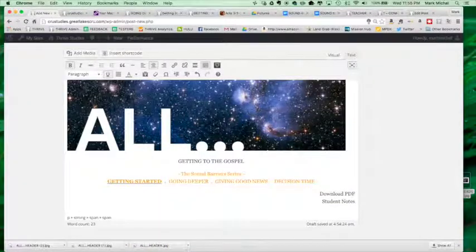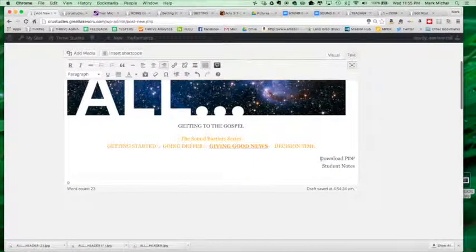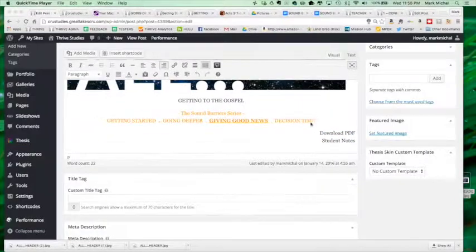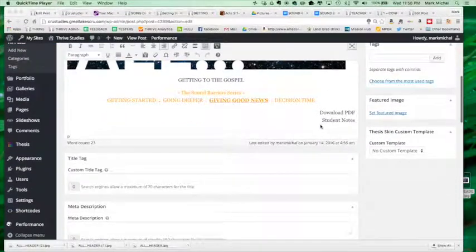So we're doing that here, and so I'll unbold this and underline it. And then since this is actually the Giving Good News study, I'll bold and underline it. And these just leave as they are. When we do links, I'll tell you more about those. Okay, so next we're going to